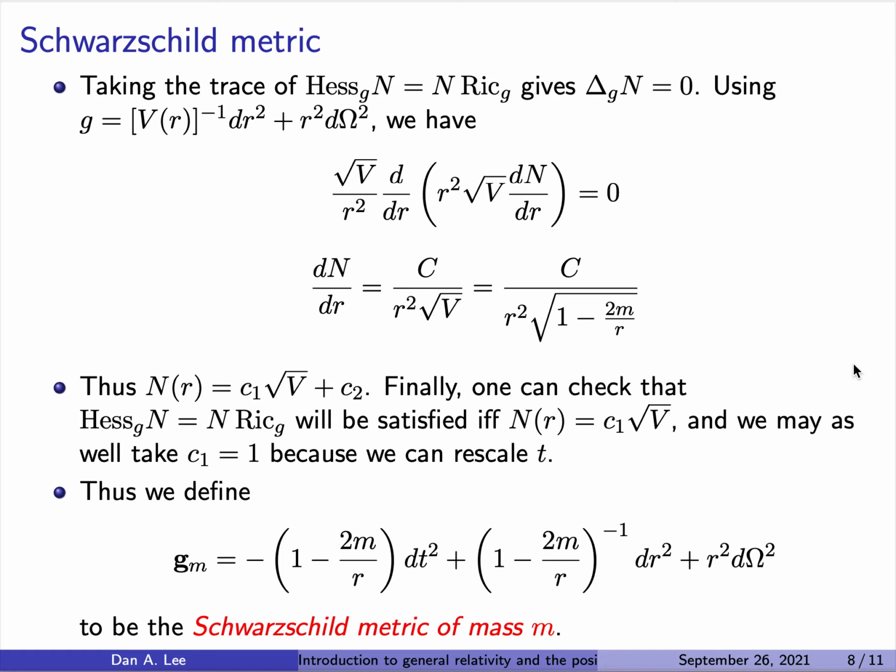Well, so basically, we know every spherically symmetric time independent solution of the vacuum Einstein equations has to look like this. And so we give this a name. This is the Schwarzschild metric of mass m. Okay, so now I can tell you why do we use the letter m and why do we call it the mass m? Well, now that we have the formula,